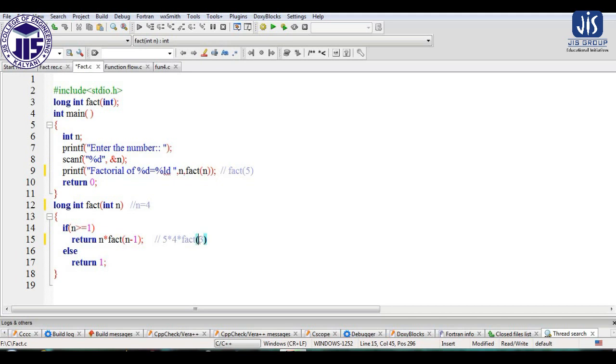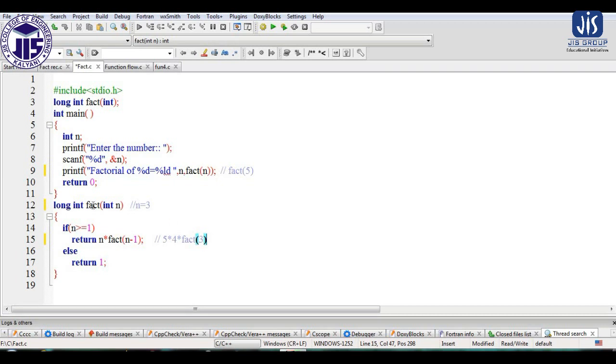As soon as we call it, again it will come here, and now the value of n will be 3, because we are passing 3. Whatever we are passing, we are receiving. Again this condition will be true, so it will be 3 into fact of 2 now. Again fact will be called. In that way, repeatedly the fact function will execute.